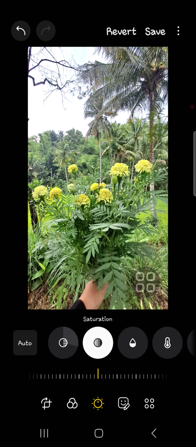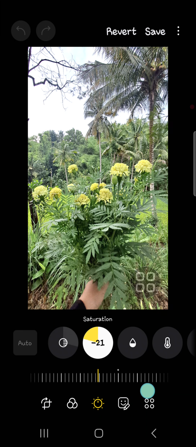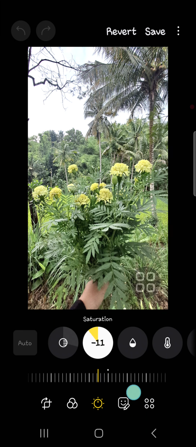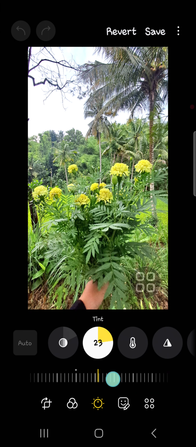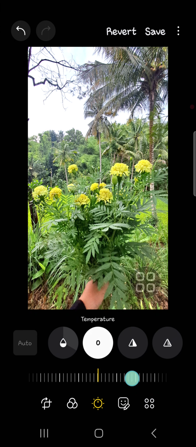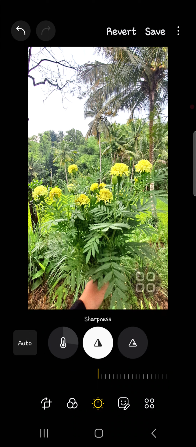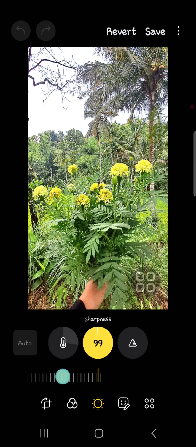And this is the important thing guys, the saturation. You can either make it more vibrant or like this, and I'm just going to increase the saturation. Okay, I think that's enough. And then for the tint as well, and temperature. Wait guys, and then the sharpness, of course I'm going to make it sharper, so I'm just going to make